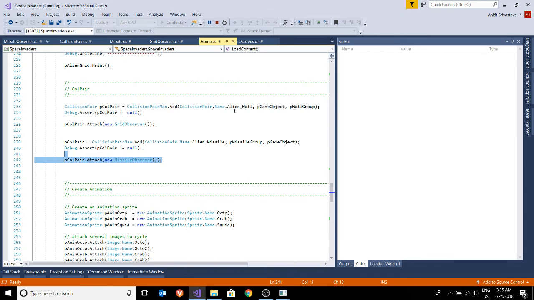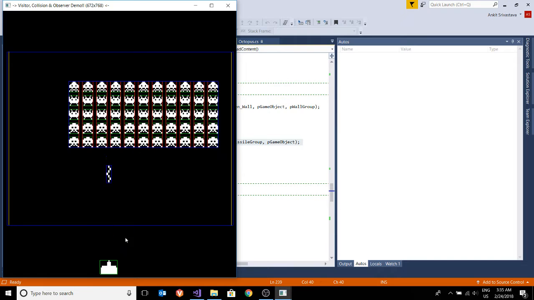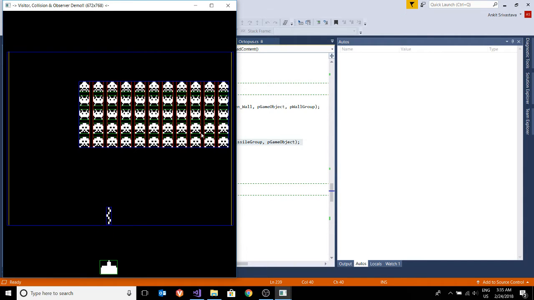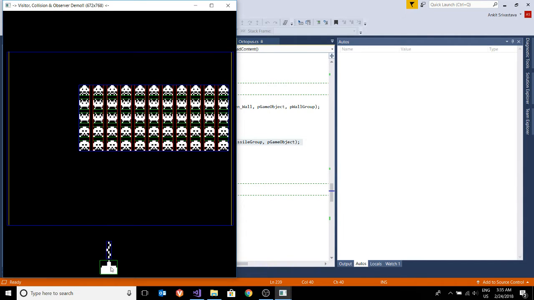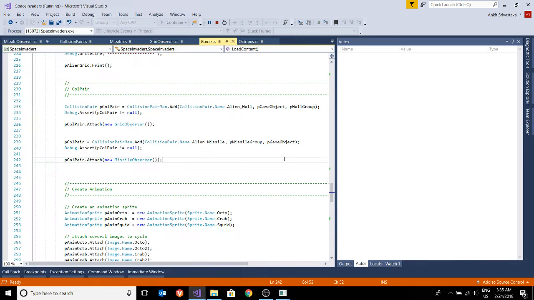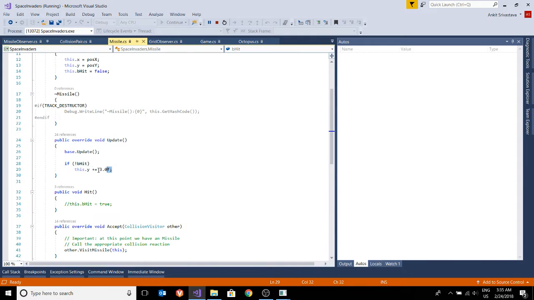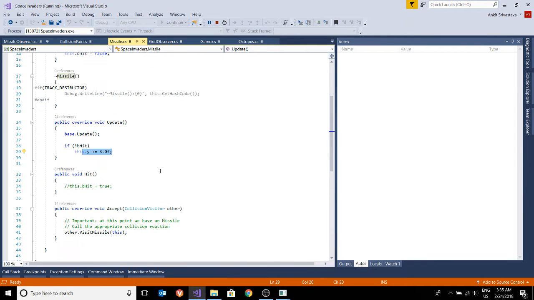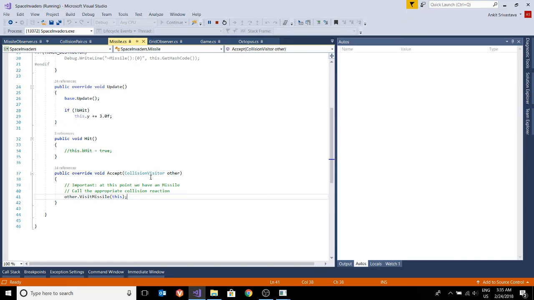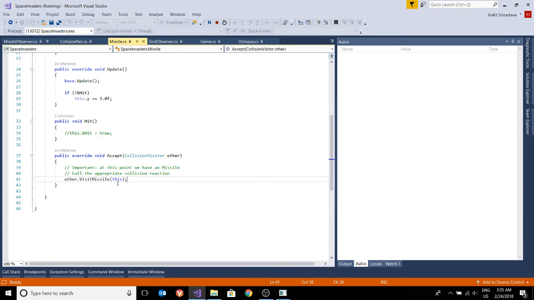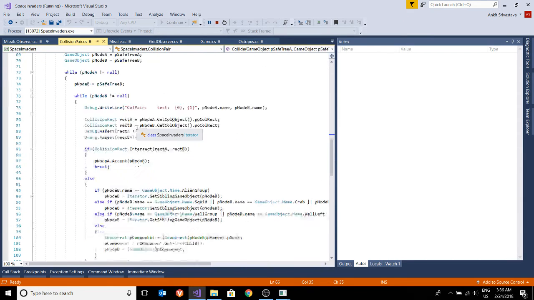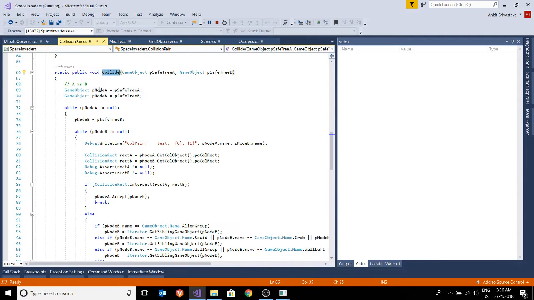I already explained how this functioning works. Whenever this missile hits the grid of aliens, it gets reset onto the ship's position, and the ship shoots it again. Over here, in the missile pattern, it has a speed and everything fixed. This is the collision that is happening, and in the collision pair manager, whenever a collide happens,